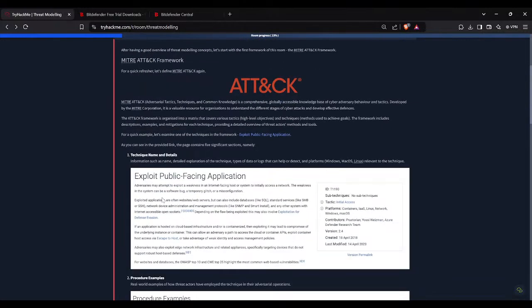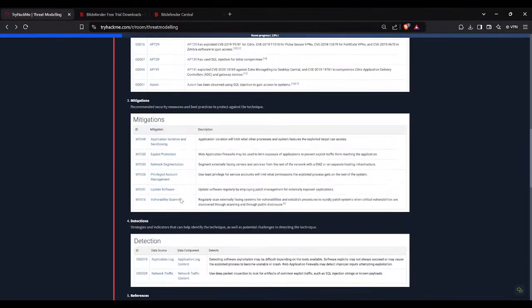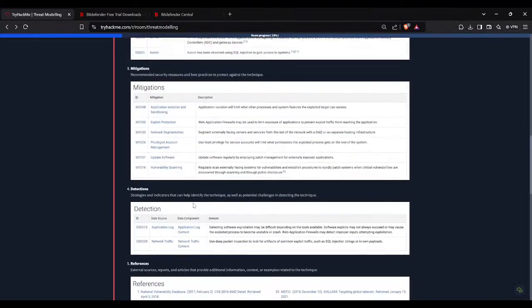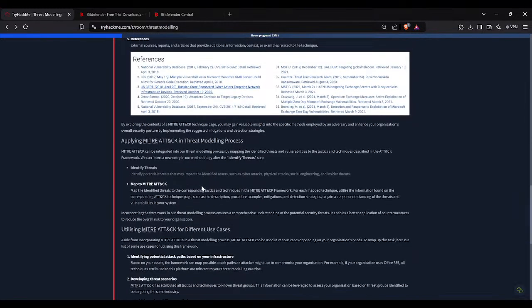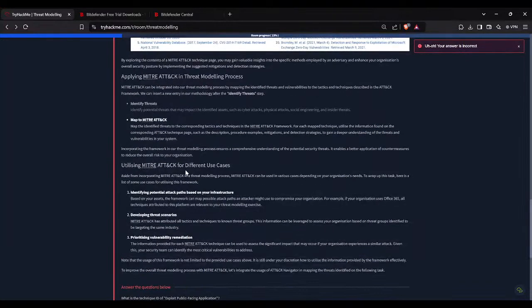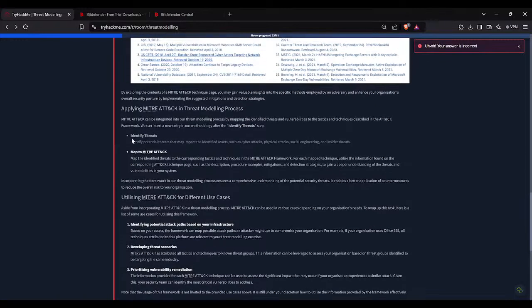If I find that one, then I believe I could find the second one. Can I say it is under create identity? Identify potential threats that may impact assets such as